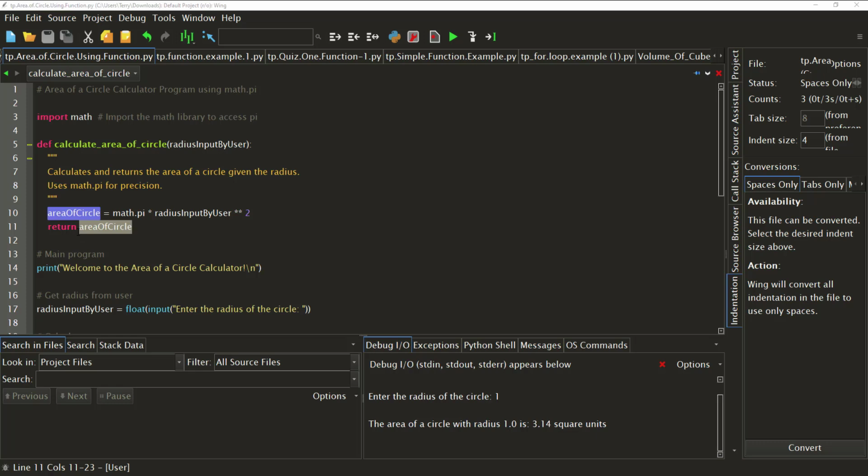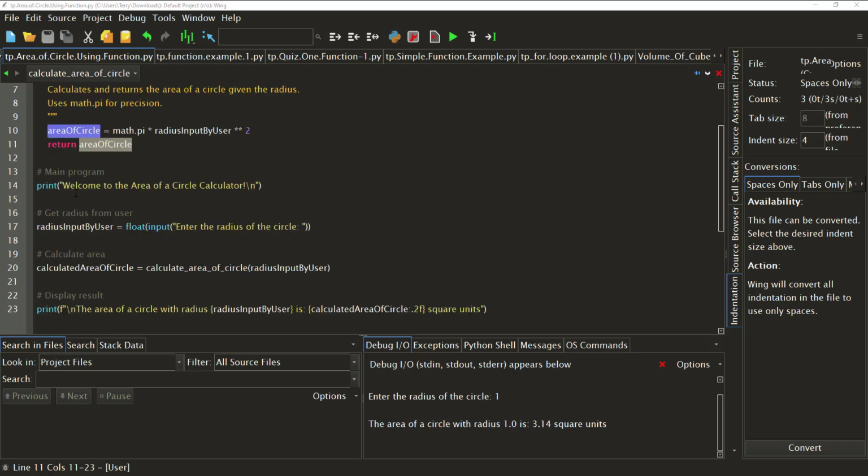So this is a function that actually returns a value, and it needs a value sent to it, and we call this a parameter. Now let's see how this works. This part here is actually the function and its definition. Here's the main program, and we just have a complementary print here to tell us what this program is going to do. Then we have a variable here called radius input by user,